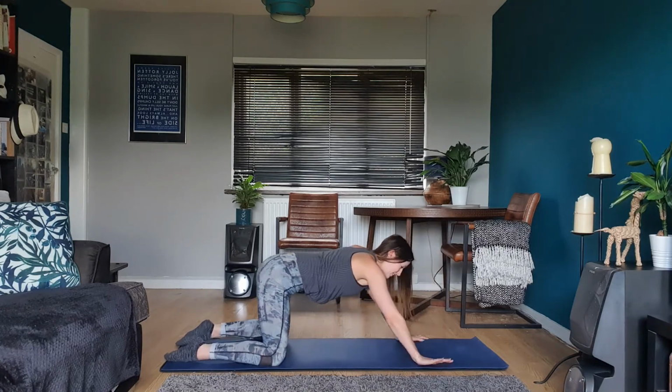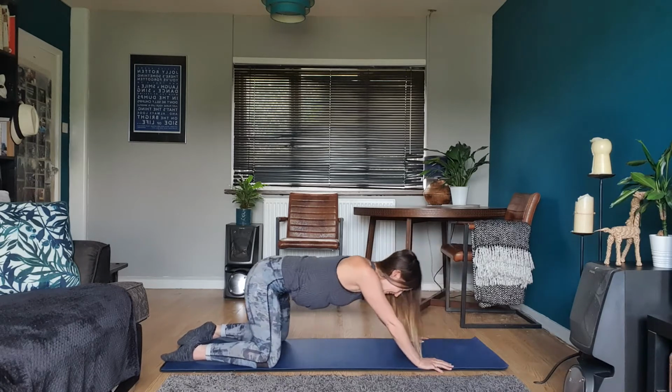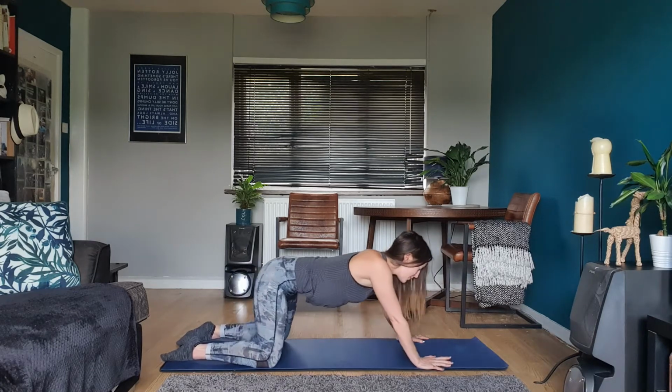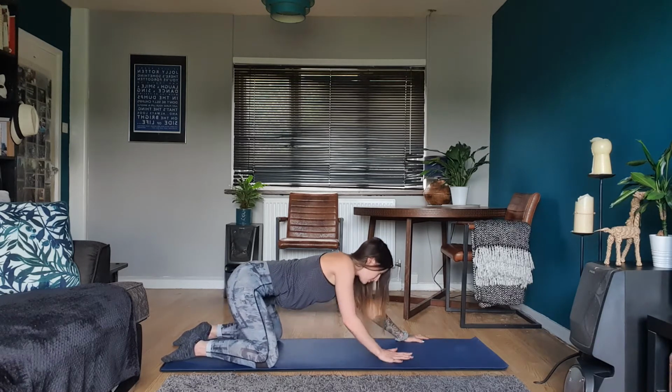So coming now, we can get that nice shoulder stretch as well. Stretch through the upper back. Let's do that one more time. Hand to hand, down to the knee. And then we're going to come up